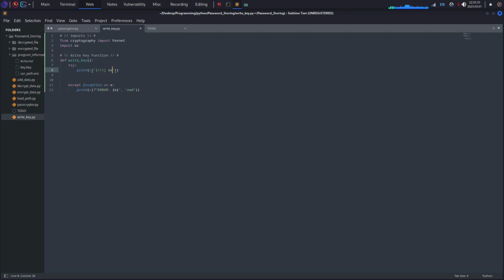It's a notice. Generating key. Dot. And we will make that blue because it's a notice, and I feel like blue is a beautiful color. And then we will do os.system,